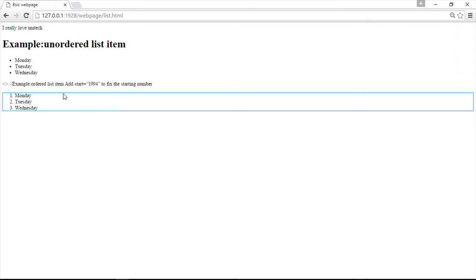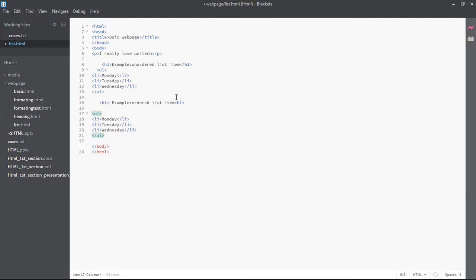Now Brackets editor highlighted because my cursor is placed on the ol element. So let's get back to Brackets, and when we go back to Brackets, you can see here, because the cursor was in it, it just highlighted the stuff like that. Okay, I think I didn't close this, that was the reason. And Ctrl+S, when we get back you would see it being addressed now. And so let's get back to